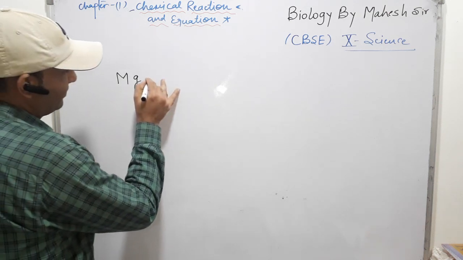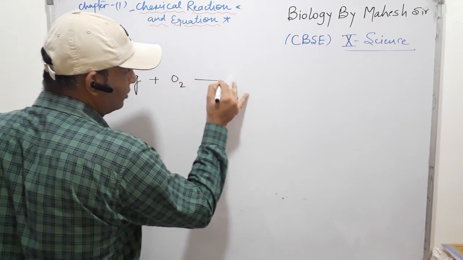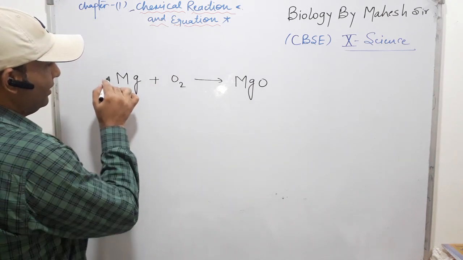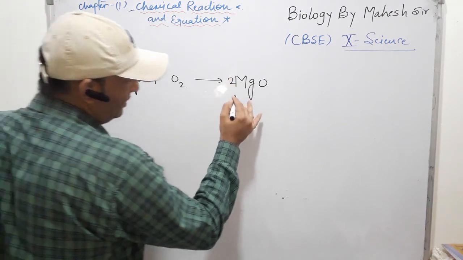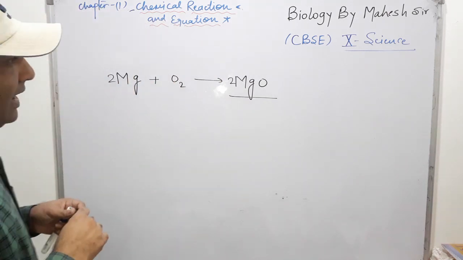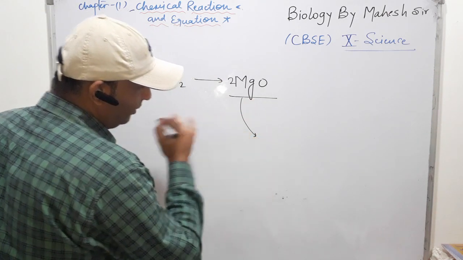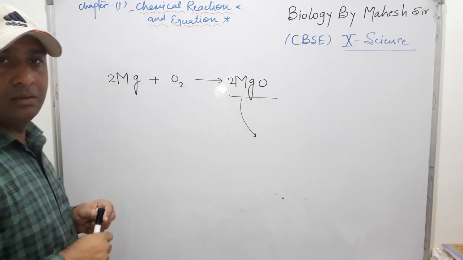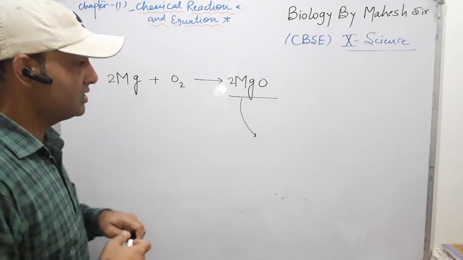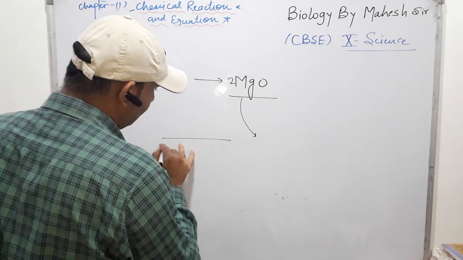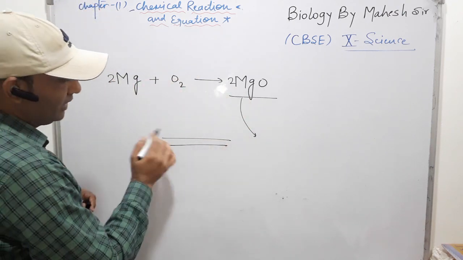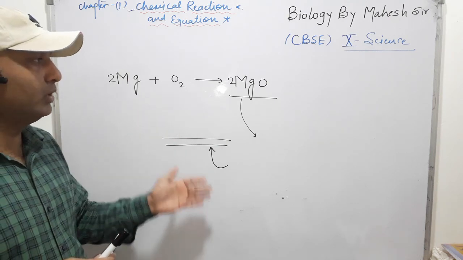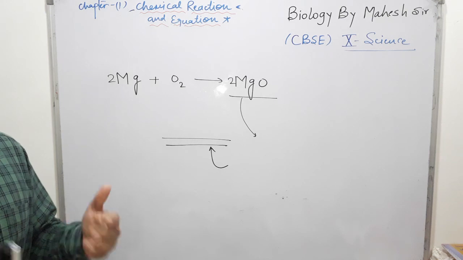So when magnesium is in free form, it reacts with oxygen and produces a stable compound, which is magnesium oxide. Clear? Here we can balance the chemical equation. So it is a stable compound, and when we directly burn it in air, that means the ribbon, which already has a magnesium oxide layer, slows the burning. Clear? So it slows the burning. Due to this reason we have to clean the ribbon and remove the oxide layer, so it burns easily and quickly in air. So this is the reason that we have to clean the magnesium ribbon before burning in air.